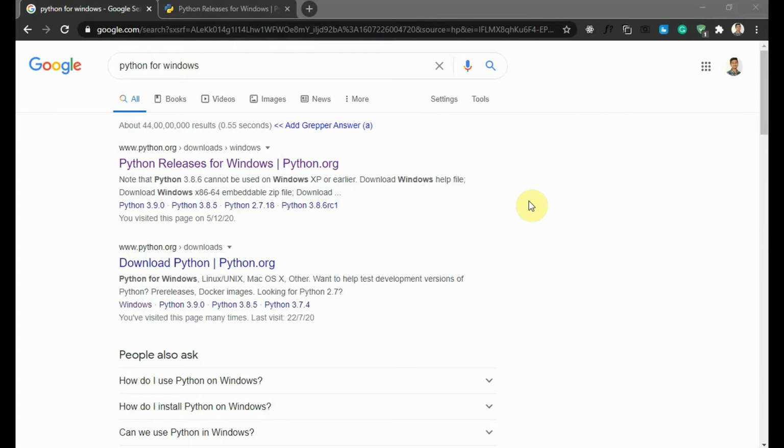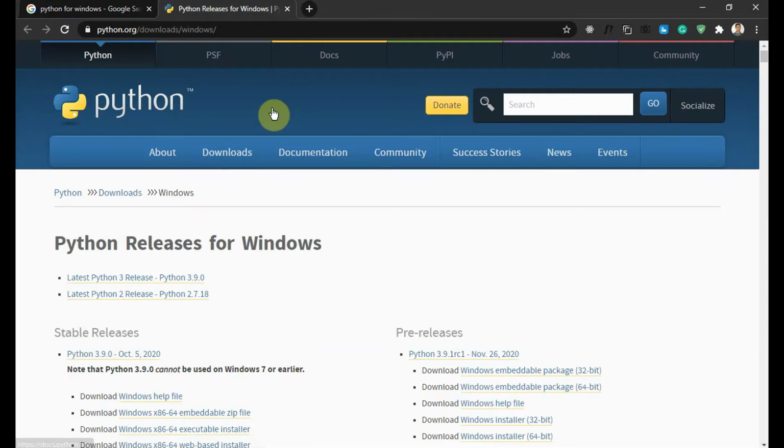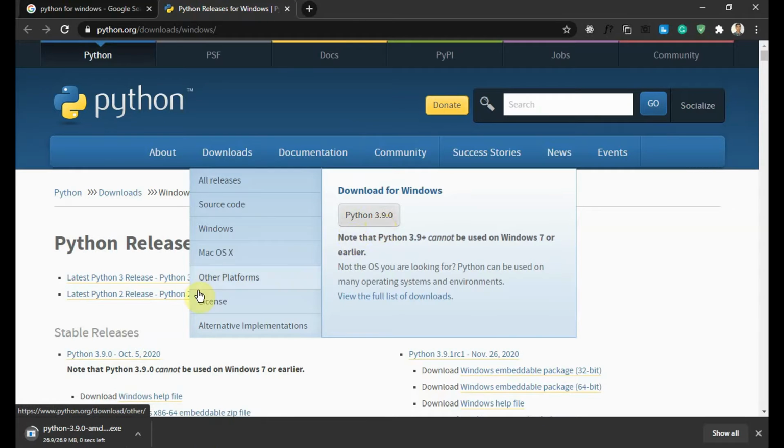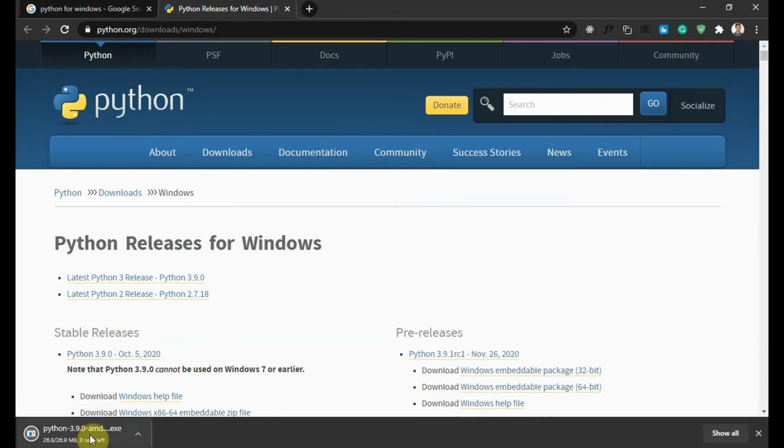Open up any modern browser and Google Python for Windows and go to Python's official website. Just hover over downloads and click here to download the latest version of Python for Windows. This might take some time based on your bandwidth, and just run